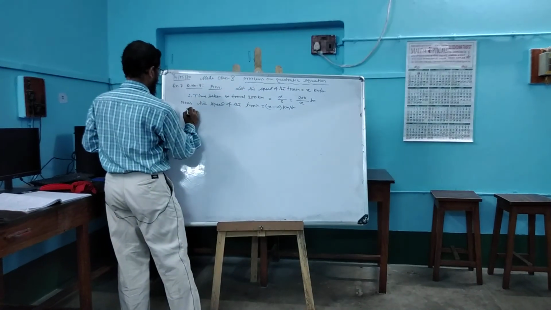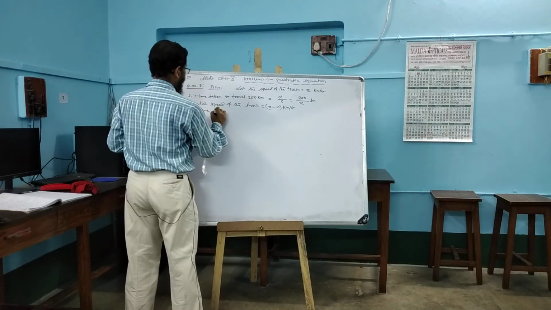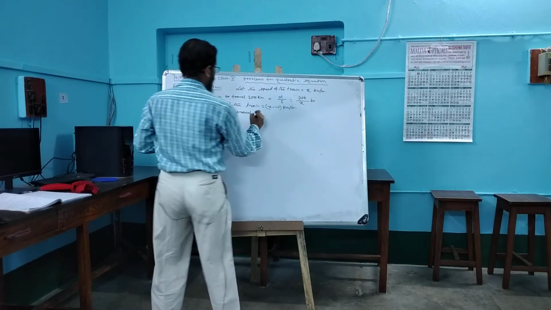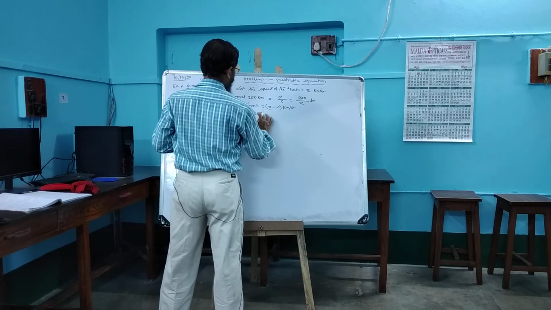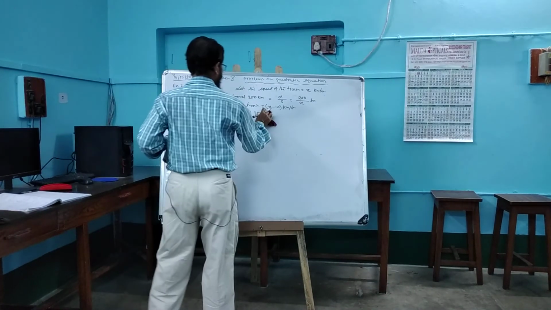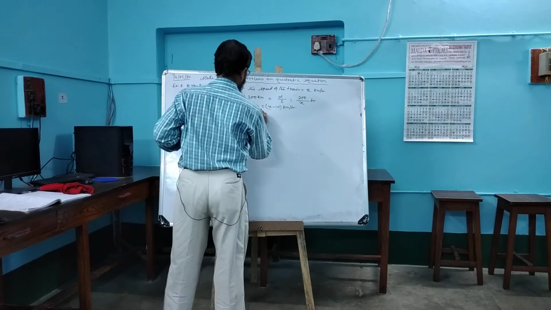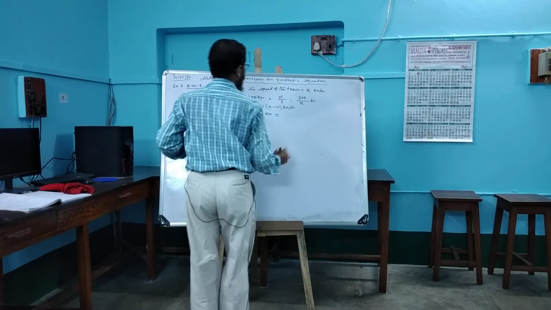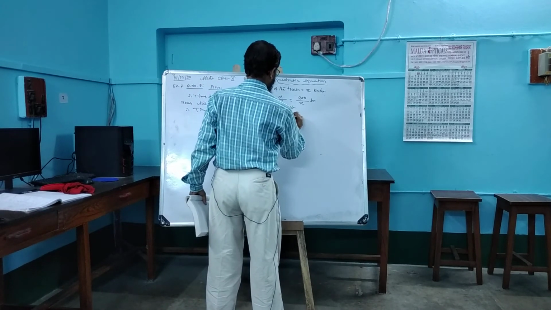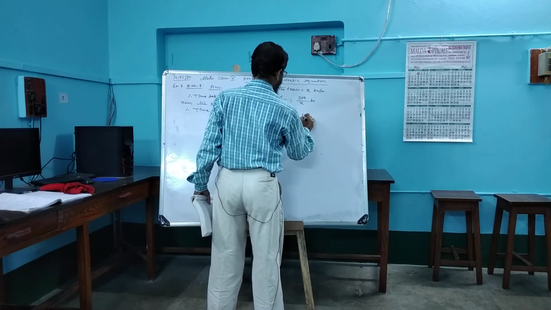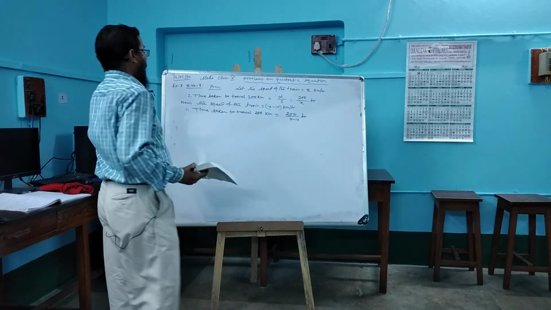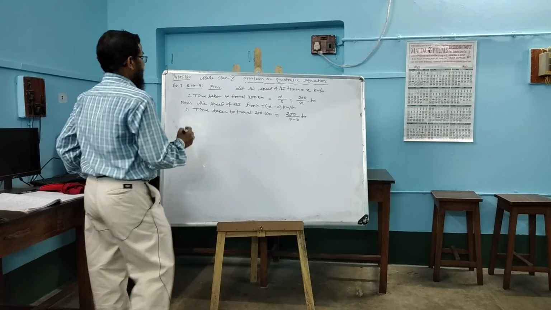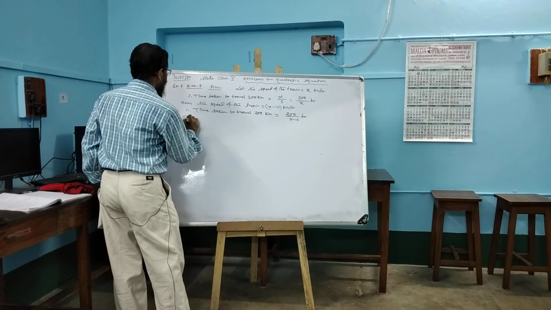Therefore, time taken to travel 200 kilometers equal to 200 by x minus 10 hours. Now speed is reduced since it will take more time. By the question,